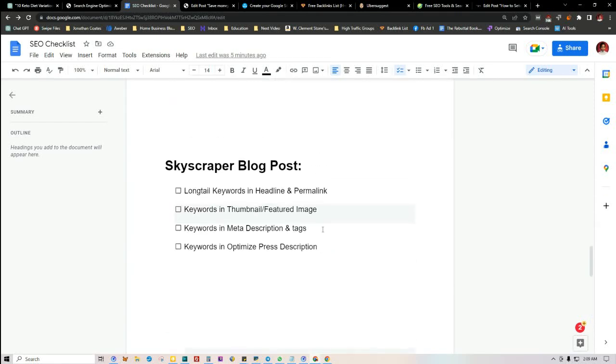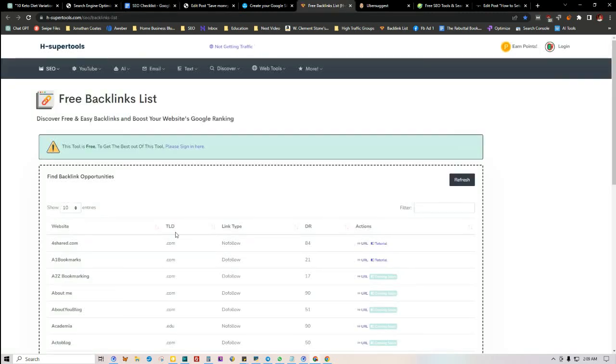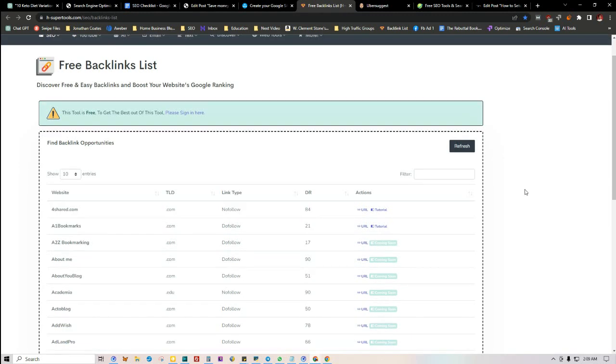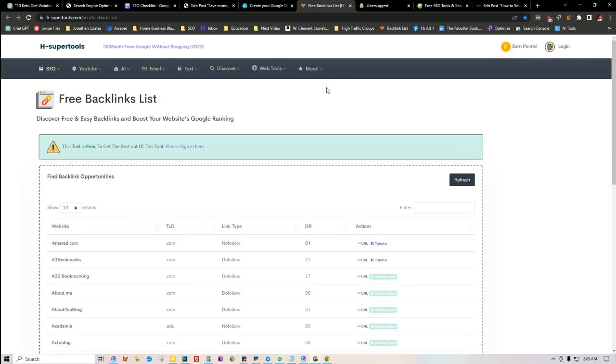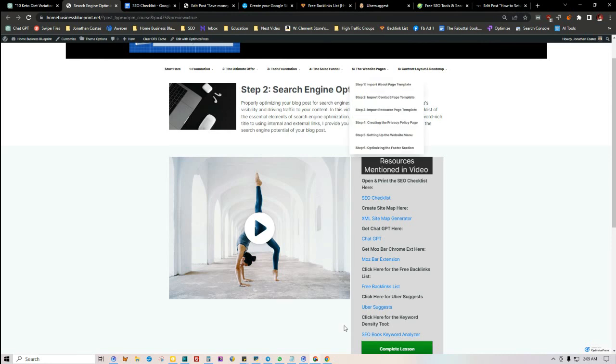And I have some more information that I want to share with you in regards to the backlinks, building up, just strengthening the overall authority of your website so it's able to rank and you have a better chance of ranking against someone who has the same exact amount of words and keyword density, except if yours has a lower domain authority than theirs, theirs is actually going to rank more. So you can actually increase your domain authority and your chances of ranking by building up the backlinks to your website. And you can track all of this stuff with an extension called Mozbar extension. So you can access that from the resource section.